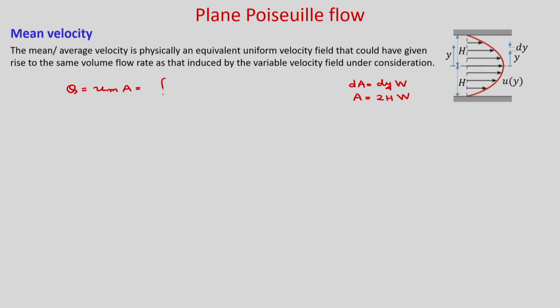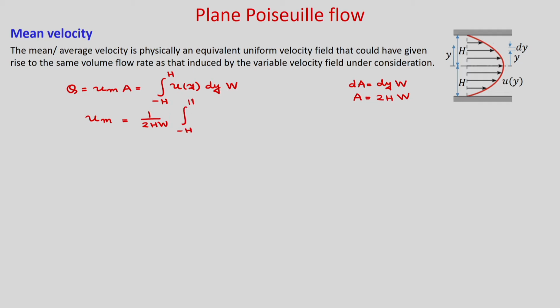So, that you can integrate from minus h to h of u, which is varying along y, into dy into w. Okay. So, that is the elemental area dy into w. So, that we have written. So, now your mean velocity will be 1 by A, which is twice h into w,